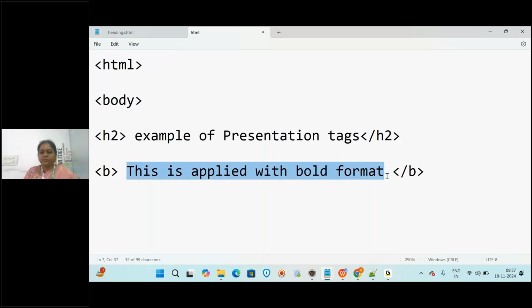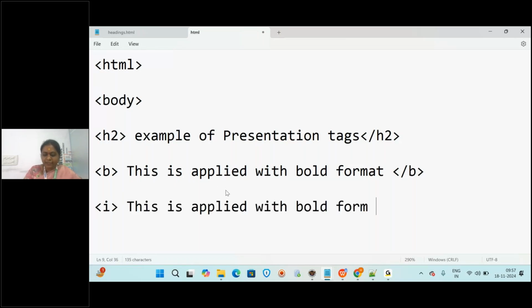Now whatever text you are writing between B tag will be applied with what? Bold. Clear? And then next I'm going to write I tag. Open the I tag and I am writing some text here and then close the I tag. So this will be applied with what style? Italic style.